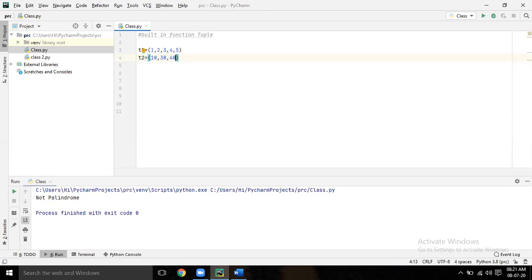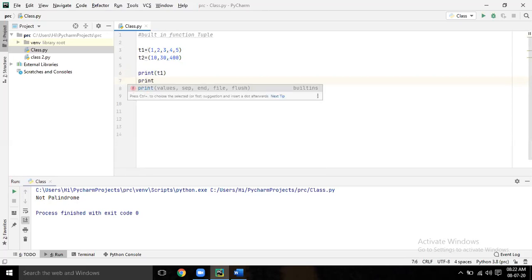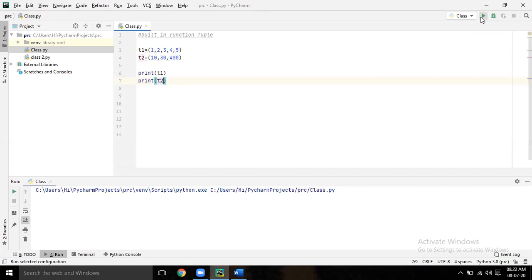Now print T1, print T2. Print T1 plus T2.